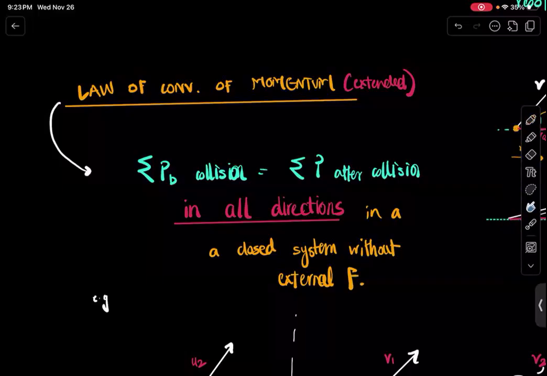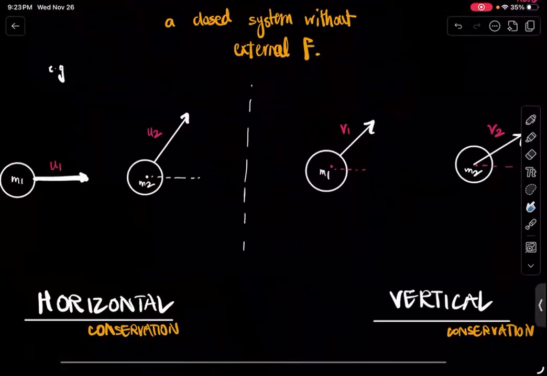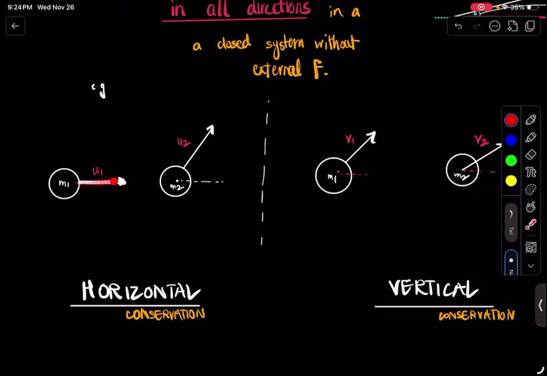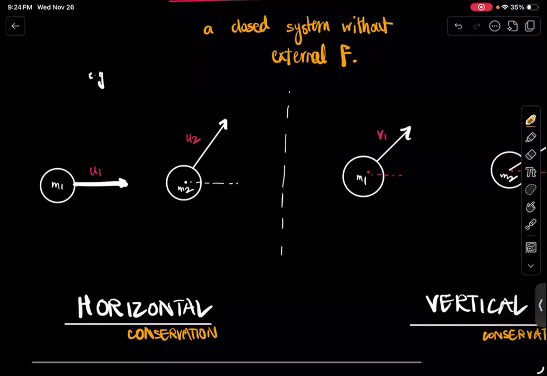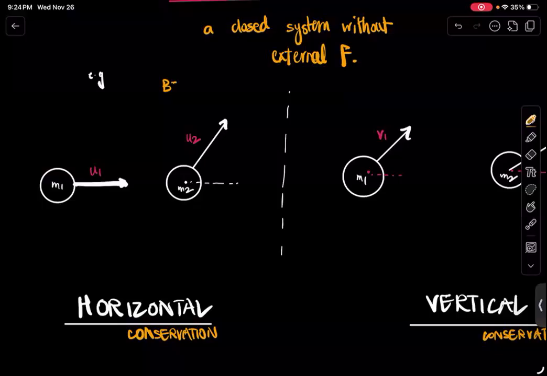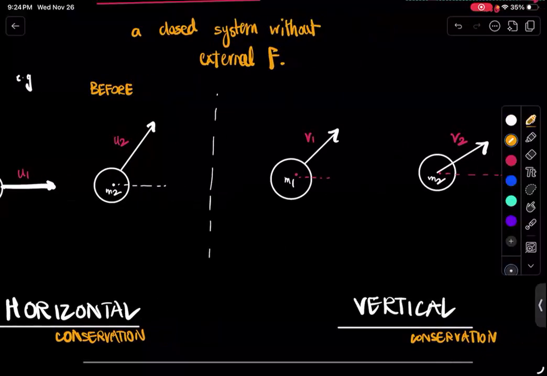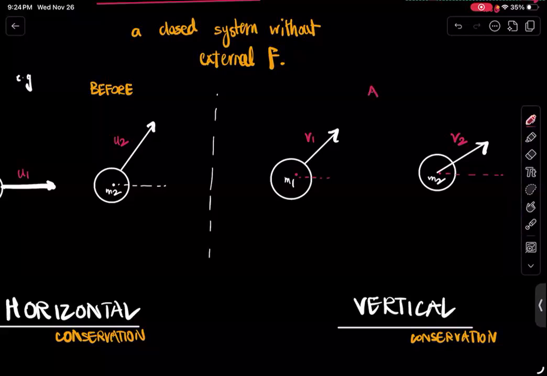Now, how do we rewrite the m1 u1 m2 u2 equation? Okay, now consider this. Earlier, we had all of the vectors in the same direction, right? It was just m1 u1 plus m2 u2 plus m1 v1 plus m2 v2. Now we're going to change it a bit. For example, this is before collision. This is just a general expression that we're writing, so you can write that down as the general idea, and then we'll use this idea later on in questions.